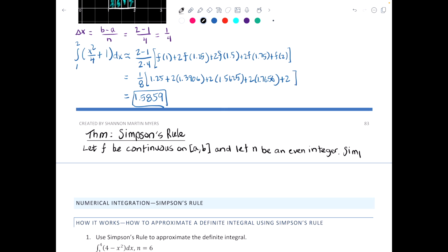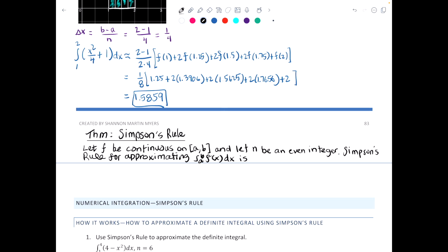So Simpson's rule for approximating the integral from a to b f at x dx